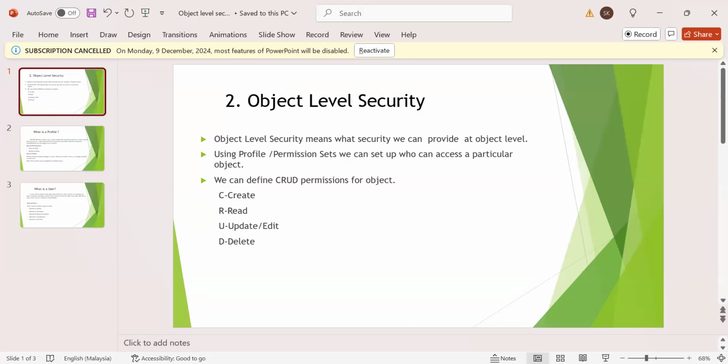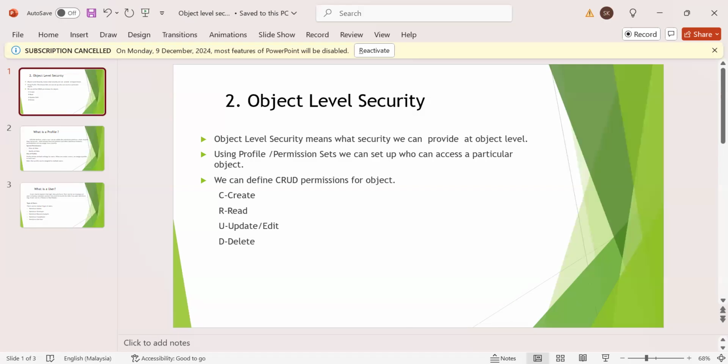If I provide edit, the user can edit the record, and also read and create, so all three accessibilities will be there. D stands for delete, which means the user can also delete the record. As per our requirement, we can assign these permissions to the user from the profile.